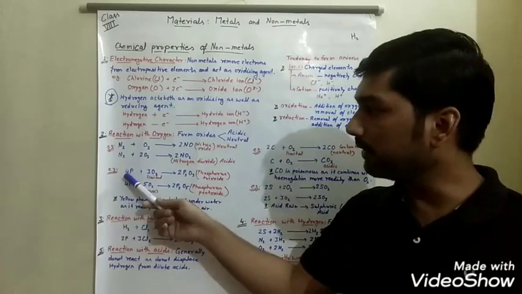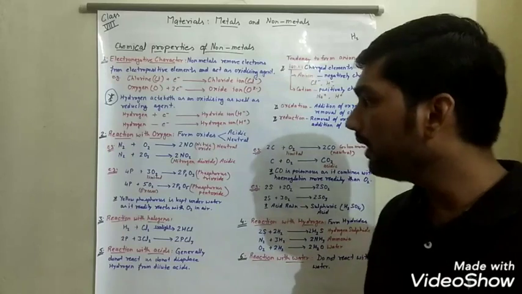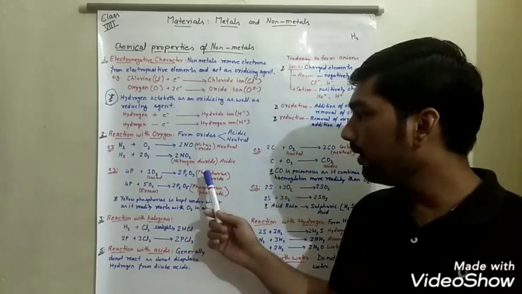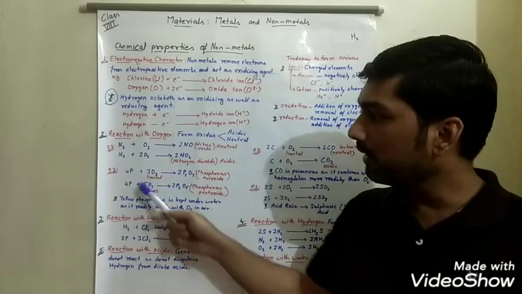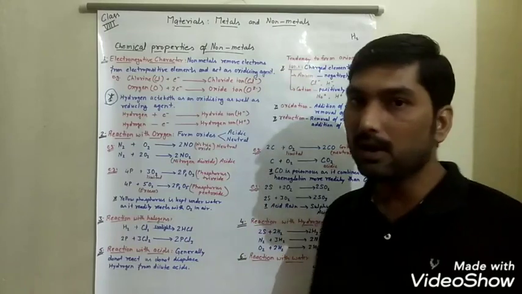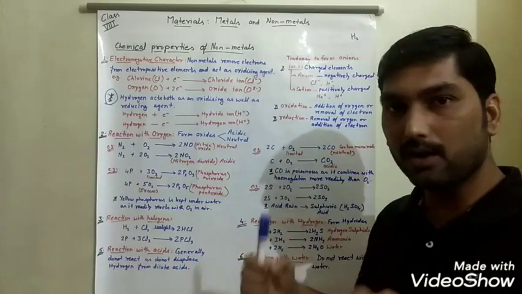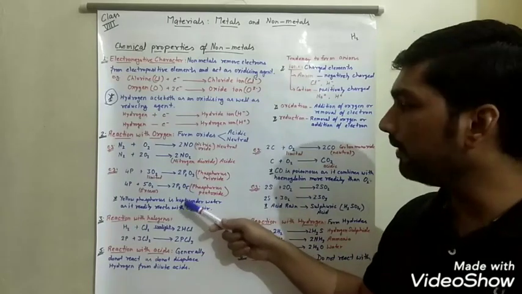Again, phosphorus, when it reacts with oxygen in limited amount, forms phosphorus trioxide, P2O3, and when the same phosphorus reacts with oxygen in sufficient or excess amount, it forms P2O5,